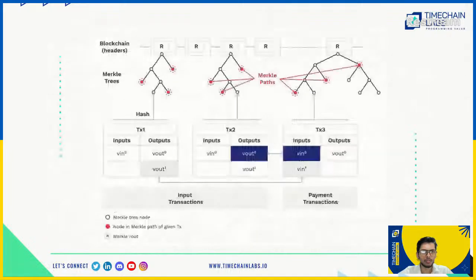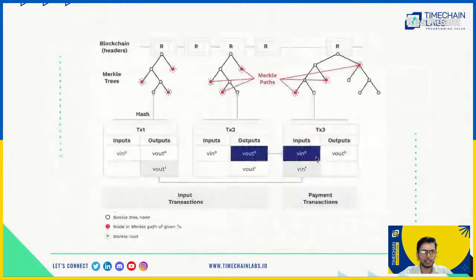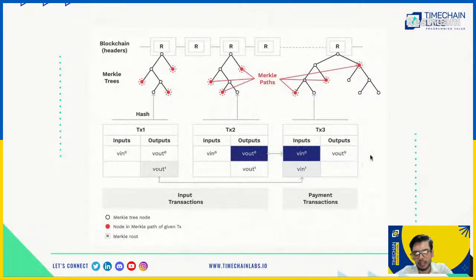Now, there are standard payments, which is pay to public key hash, pay to public key. There are multi-signature payments, and there are custom transactions that you can do with custom locking scripts, where you can write the locking script yourself, paying somebody else any output, and you can write it as, let's say, give me the square root of 2 up till 5 decimal places, or anything like that, whatever you want. That's what a smart contract is.